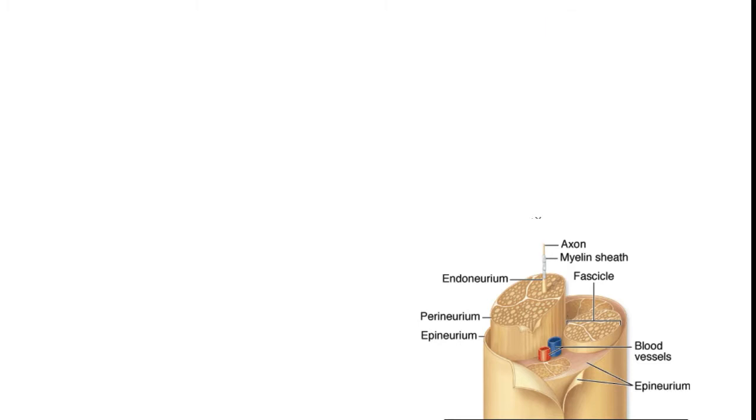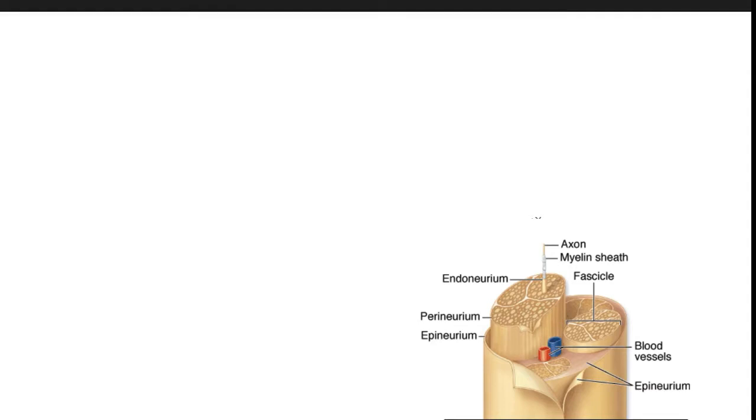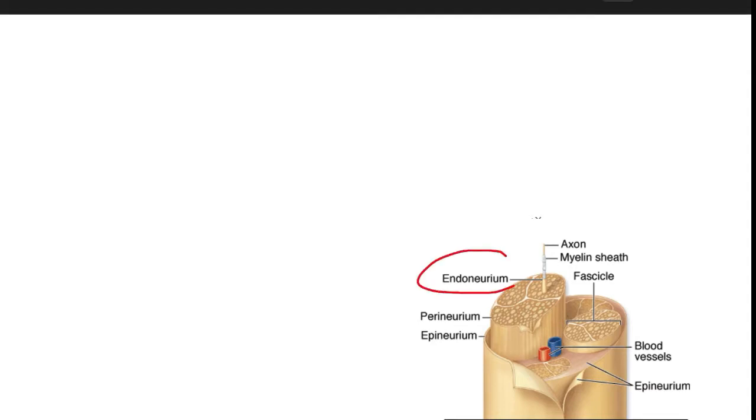This is the normal nerve bundle, or rather nerve, and it shows the endoneurium, perineurium, epineurium. Okay, I will show you. This is the endoneurium, which is connective tissue around a single nerve fiber. This is the perineurium, which is connective tissue around the fascicles, that is the bundles of the nerve, and the epineurium, which is surrounding the whole nerve bundle. So these are the three connective tissues around the nerve.